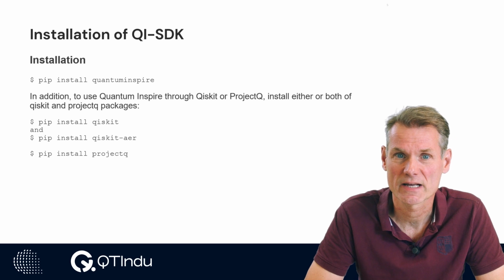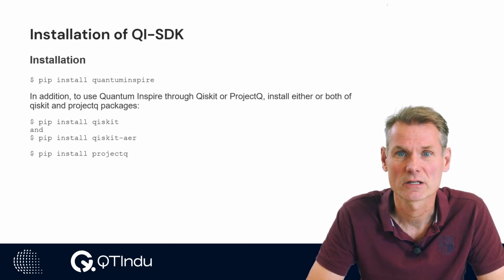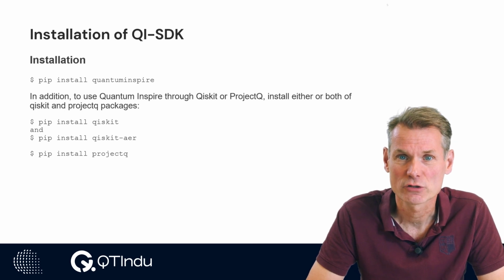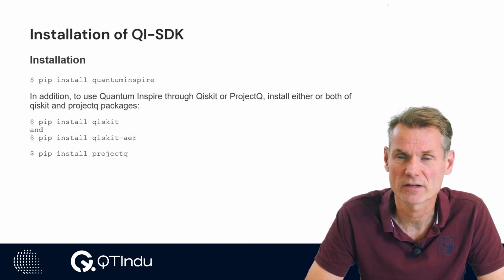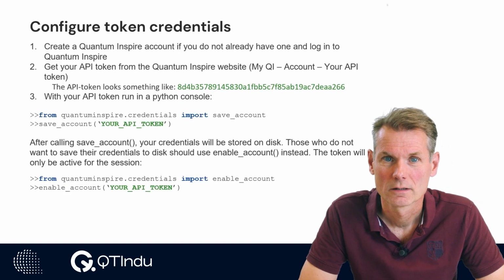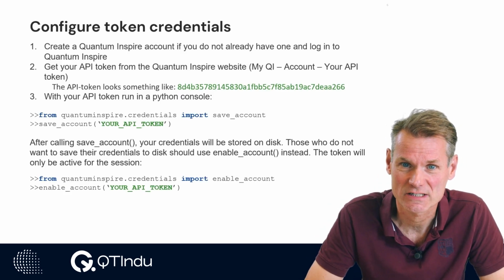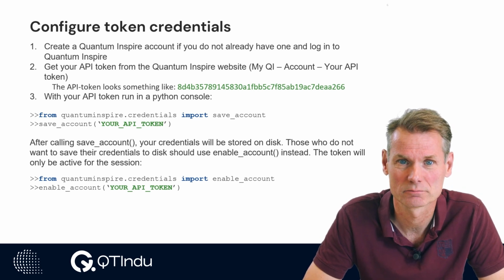Because the QI SDK connects to the Quantum Inspire web application to save your projects and run the algorithms, you must authenticate. For this you will be asked to enter your username and password. Instead of typing your username and password each time, QI SDK can also authenticate with your personal token that can be saved and reused. This way, authentication is done automatically without typing your credentials repeatedly. To configure your token credentials and save them to enable automatic authentication, the next 3 steps are needed.